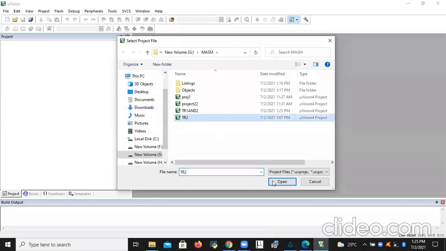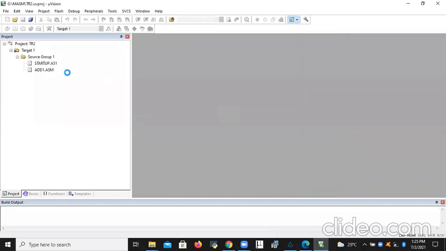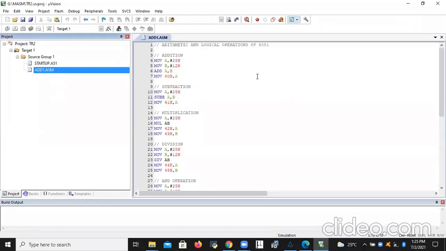PR2 morning we created one project. In that we wrote one program. Yes, this is the program. First 3 lines for the addition. After getting the result in A, the A value is copied into the memory 40H. Next, subtraction. After performing the subtraction, A value is copied into the memory 41H. The content is transferred to the memory. Memory address is 40, 41. 40H is the address.